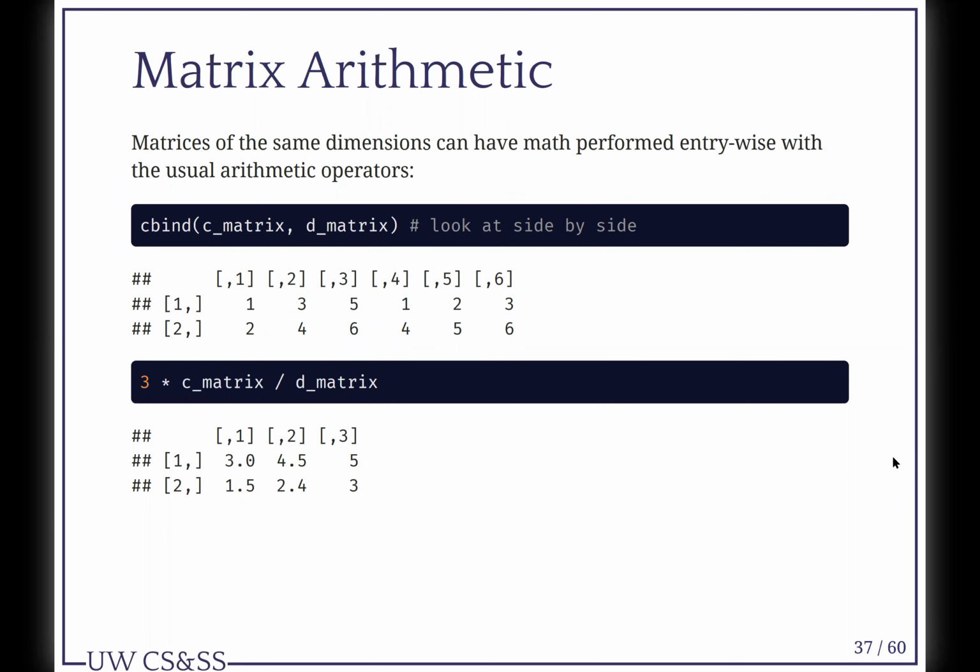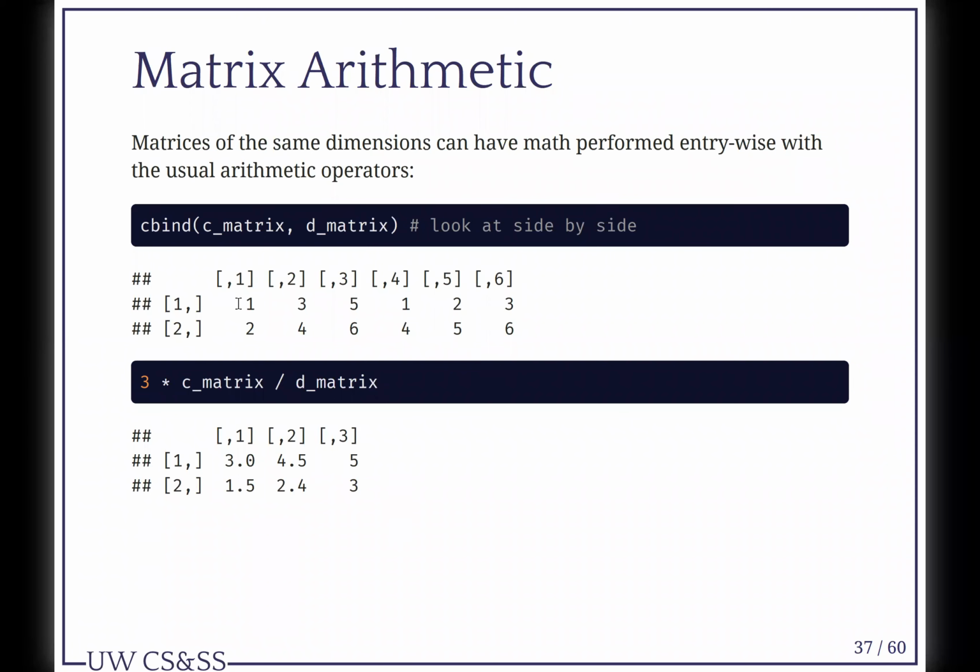Matrices of the same dimensions can have math performed entry-wise with the usual arithmetic operators. So let's say we C-bind C matrix and D matrix. This is just so that we can look at them both on this slide. And then we say 3 times C matrix divided by D matrix. And what we'll get is